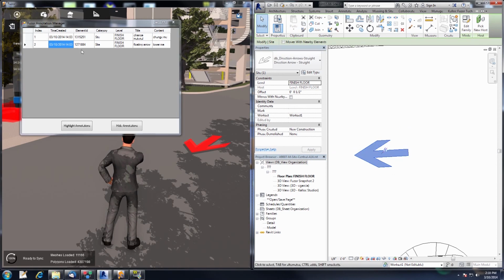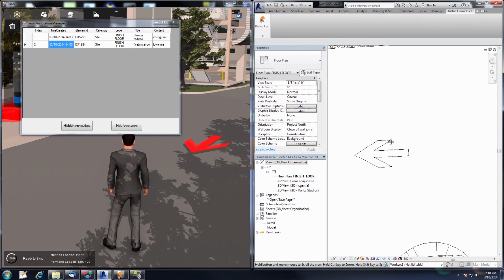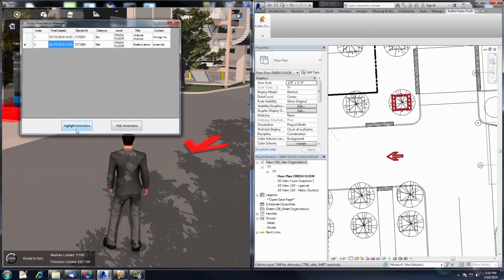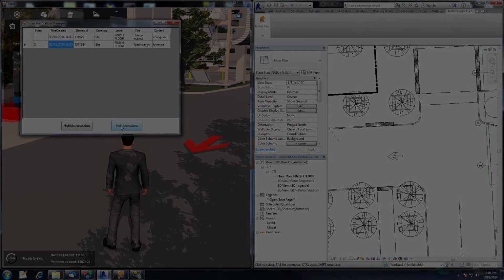Let me show you one more thing. Actually deselect the object and zoom out a little bit so you can see both of these. You can turn the highlight annotations on, and this will actually outline your annotations with a red outline. The next feature I'll be